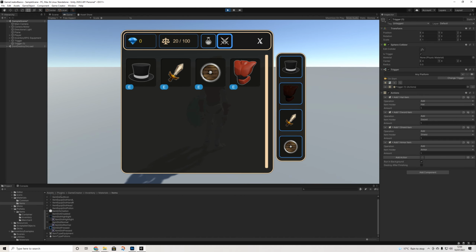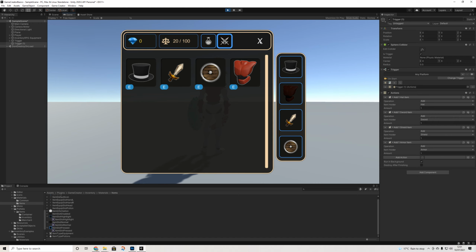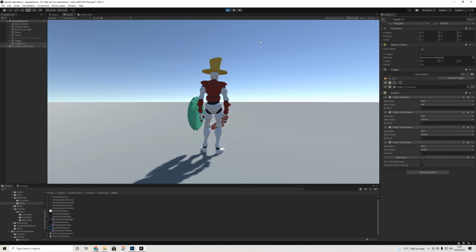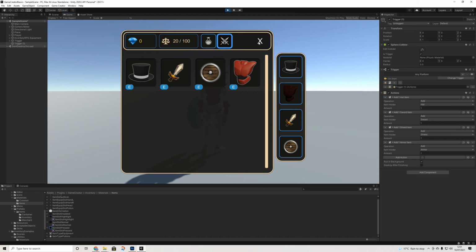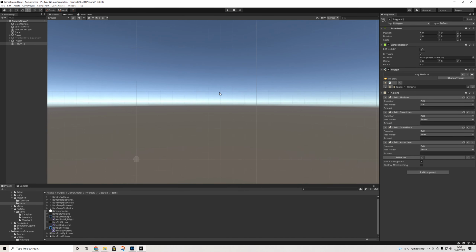And the reason this won't work, by the way, is because we're not using the inventory UI actions anymore. We're just treating this as a normal standard UI. And it doesn't mean you can't use animations anymore, because obviously you can do that with Unity UI as well. But yeah, I just wanted to highlight that. So that's it for the inventory UI. As you can see, it's mostly just UI work and a couple of things that link it to the inventory system. Now, one last thing is going to be the merchant part and